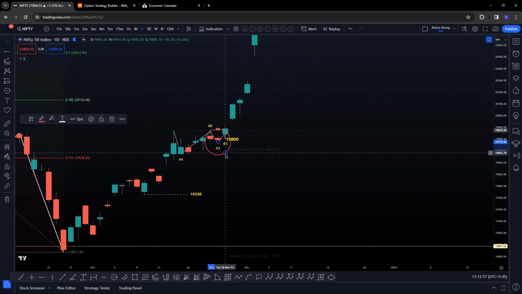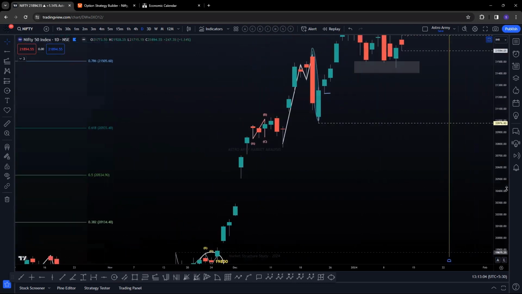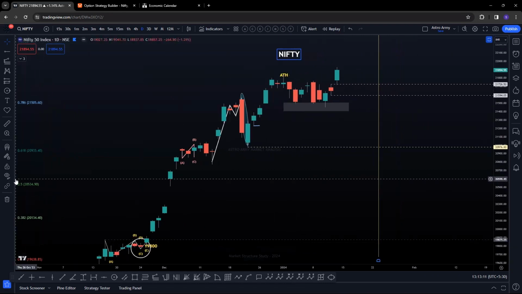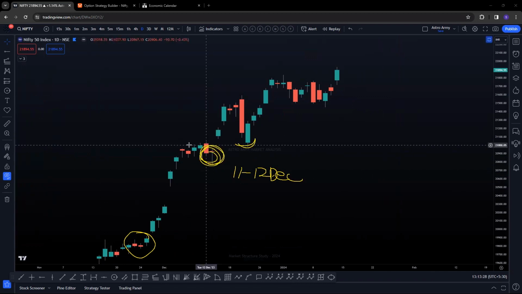Again, it can be many other time methods using Gann or Astro. Again, I don't discuss that on a public video. The only point I'm telling you here is to make you understand the value of time analysis, right? It has to go hand in hand with your price analysis. It's very important. After your 28th, I told you another date, which is your 11th to 12th December, right? So it is exactly here. No, sorry, this is the point here, right? So we got an exact low here, swing low, and then blasted again.